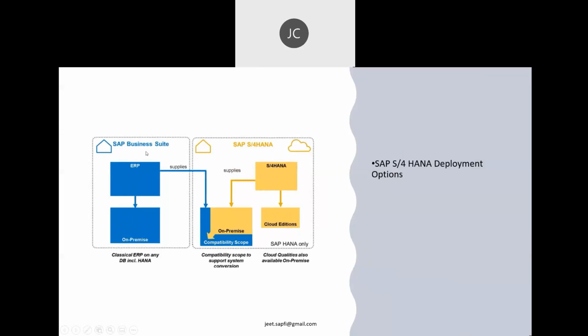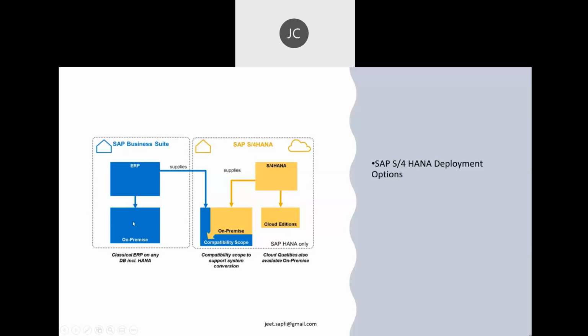As you can see here, in our earlier classical ERPs, we say they were available on premise. When I say on premise, understand that for every customer, specific infrastructure was developed by SAP. The customer has their own specific databases. They can have their own owned database, or they can take it from a third party, like a vendor setup. But whatever solutions were available were very specific, a customer-specific solution.